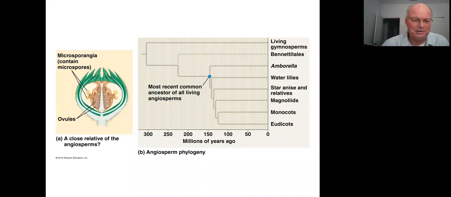Likewise with the Bennettitales, they are still somewhat more gymnosperm-like than angiosperm-like. So that suggests that they are not true angiosperms. Amborella does have flowers, and it has true flowers with petals and stamens and sepals and everything. But again, the way in which parts of the reproductive portion of Amborella's life cycle plays out is more related to gymnosperms than it is to angiosperms. So that puts Amborella at the base of the angiosperm